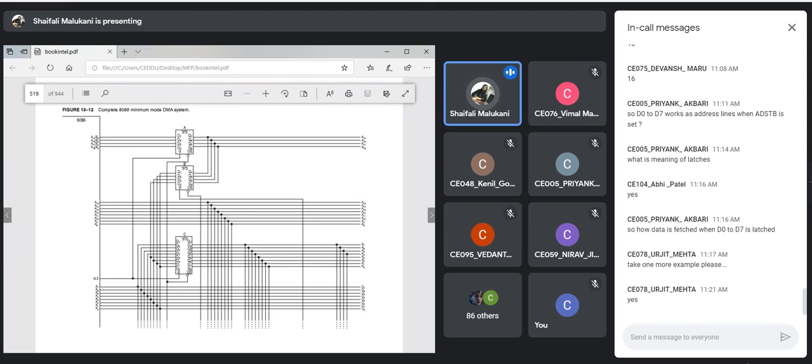Whenever this is disabled, any change in the input will not get reflected here. You can say it is like a buffer, it is just storing something, right? Whenever I want to use A0 to A7 as my address lines, I will make this latch enabled. Whatever is available here will of course be available at D0 to D7, but it will also be the input of this latch. Since my latch is enabled, it will also be available at the output. So at A0 to A7, this address line will have the same content. Now the address is placed over the address line.